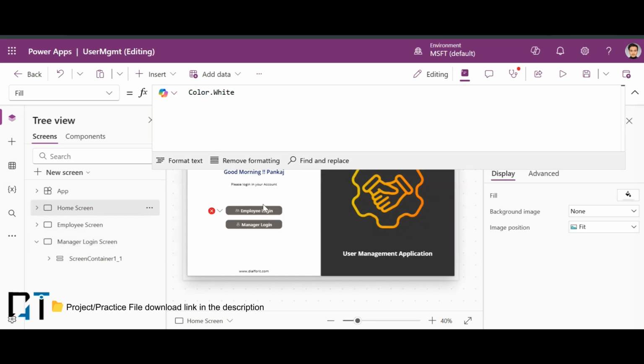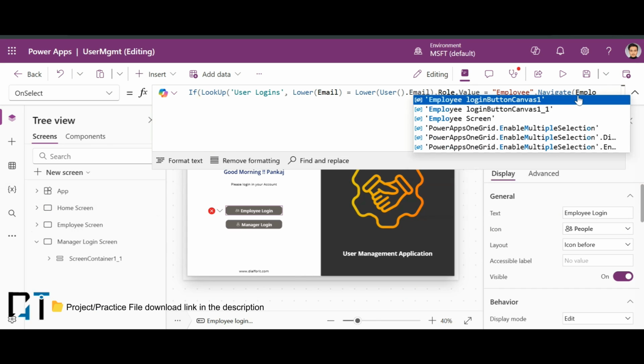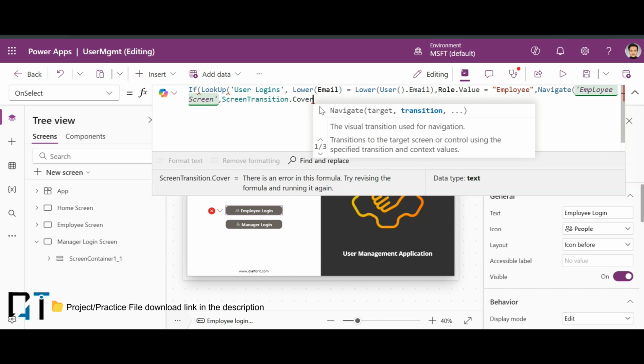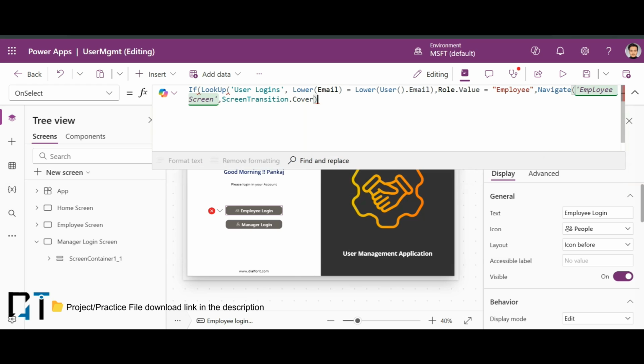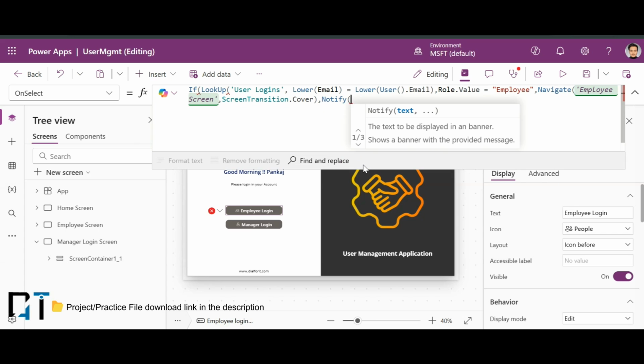Okay, and now I need to put here where we need to navigate. We need to navigate to the employee screen. So I need to put the employee screen name here, and the screen transition is cover, and close the bracket. Okay, and now I need to put one more formula. If this data is not found, then the user gets notified. Okay, user gets a notification,